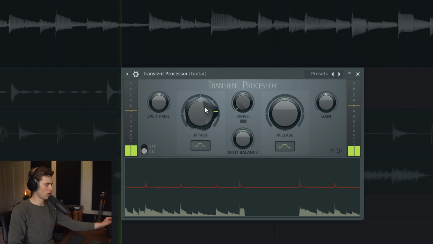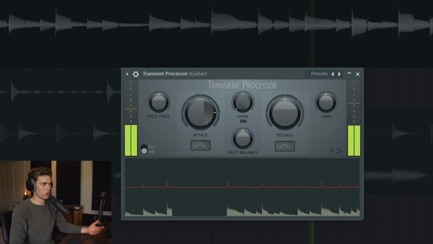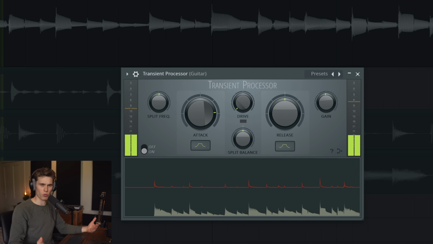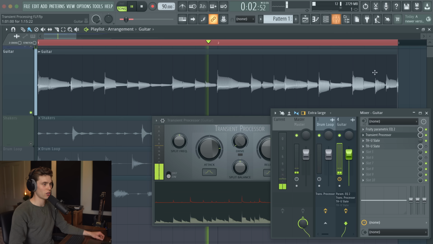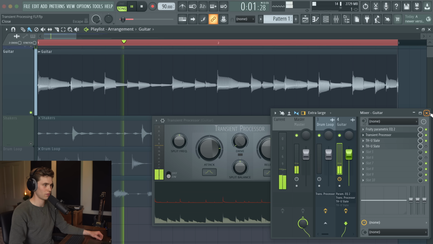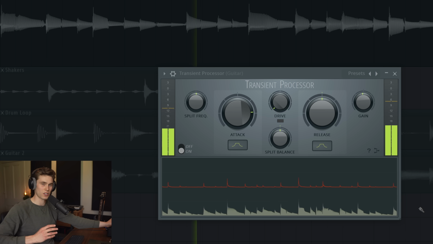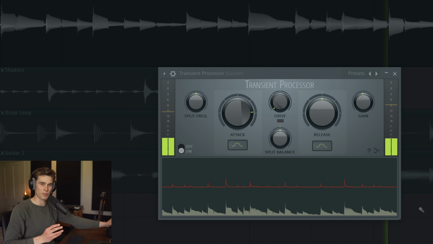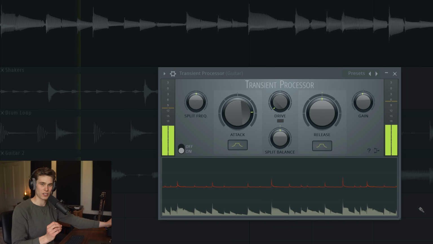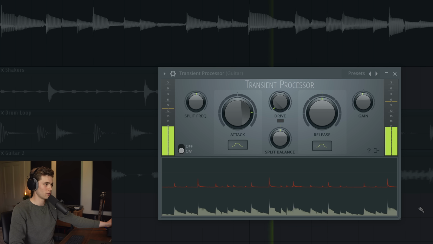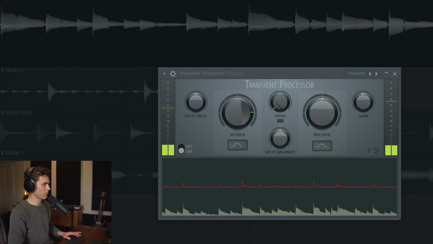But then the question is, why would you want to do this? On its own, this doesn't necessarily sound better or worse, it just sounds different. But when you start adding in extra processing, do you hear how each transient just clips that guitar amp just a little bit and it really hits into that distortion? If we do a quick before and after,